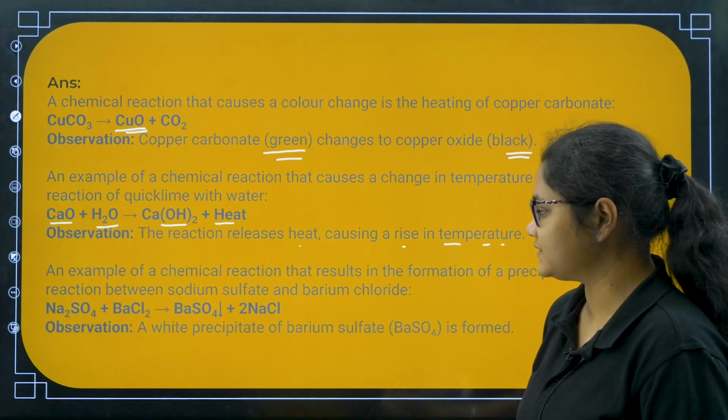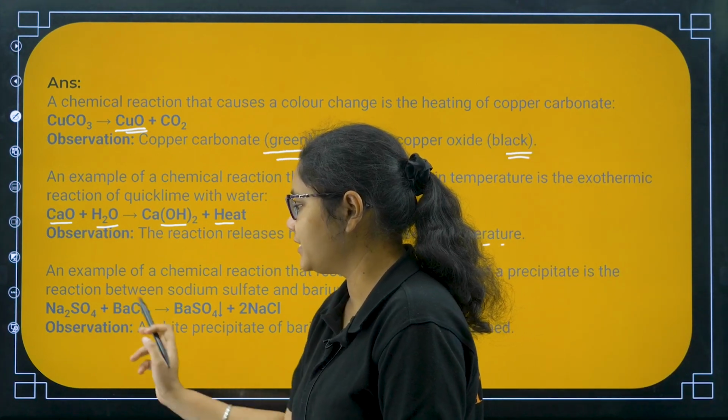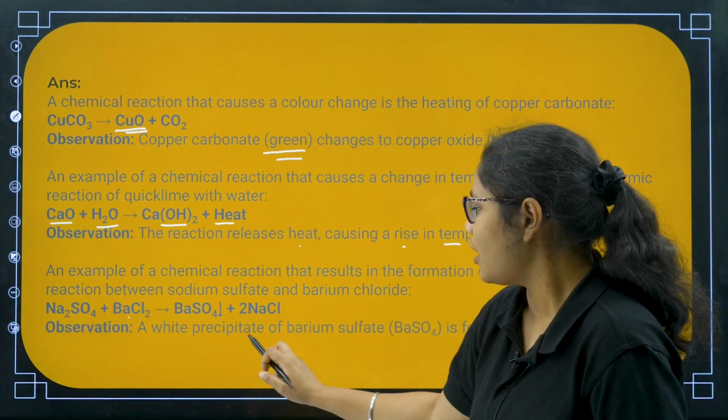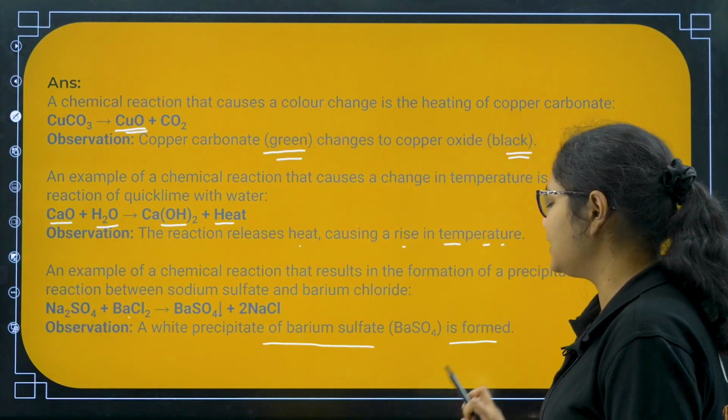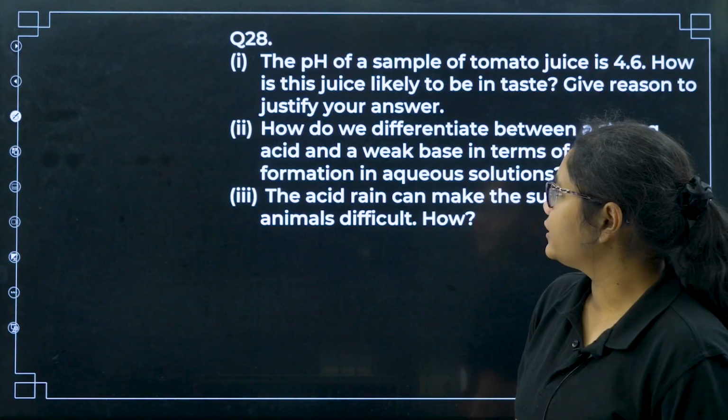And the third one was precipitation formation. So Na2SO4 plus BaCl2, there will be a double displacement reaction. You will get barium sulfate plus sodium chloride. A white precipitate of barium sulfate is formed in this reaction. Okay. Next moving to